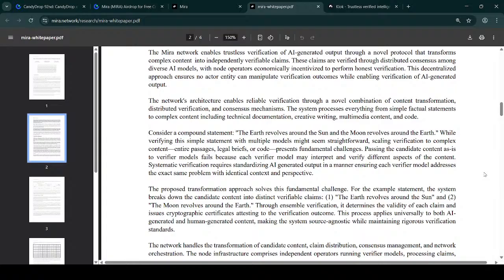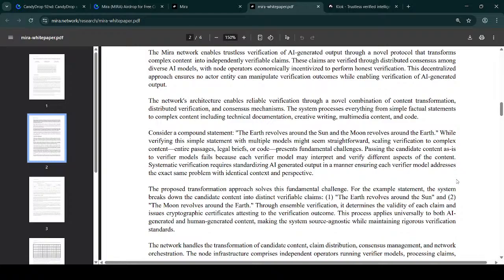So let's talk about this, guys. Consider the statement: the earth revolves around the sun and the moon revolves around the earth. Verifying this simple statement with multiple models might seem straightforward, but scaling verification to complex content